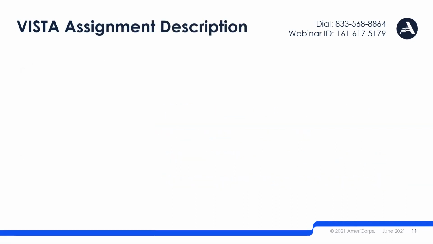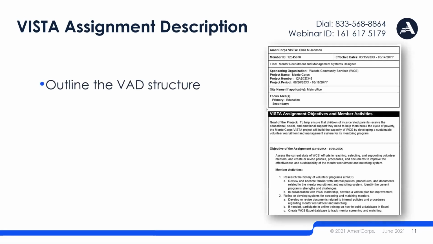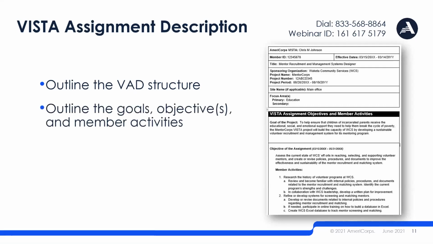I know, it goes without saying, but I'm going to say it anyways. In explaining to them how VISTA service is different from other AmeriCorps programs, you're explaining to them their VISTA assignment description, or VAD. This is the document that truly outlines the VISTA member's year of activities, and you need to give them the overall context and background, as well as specific details about what they will be doing during their